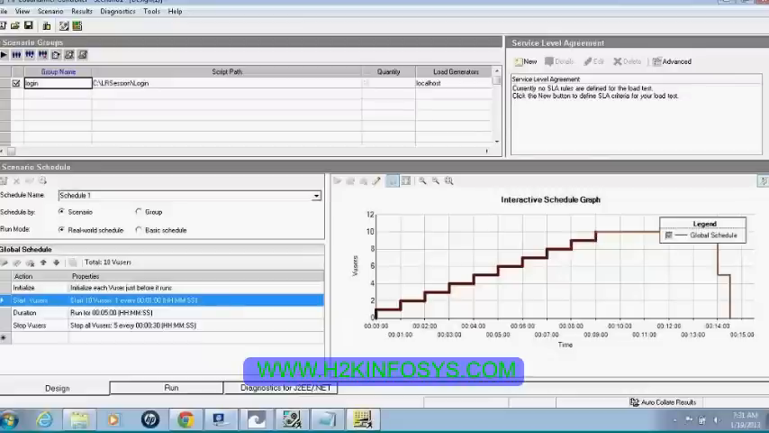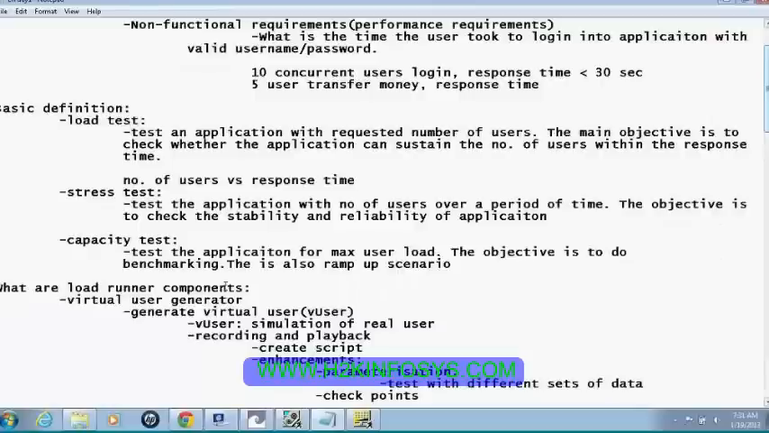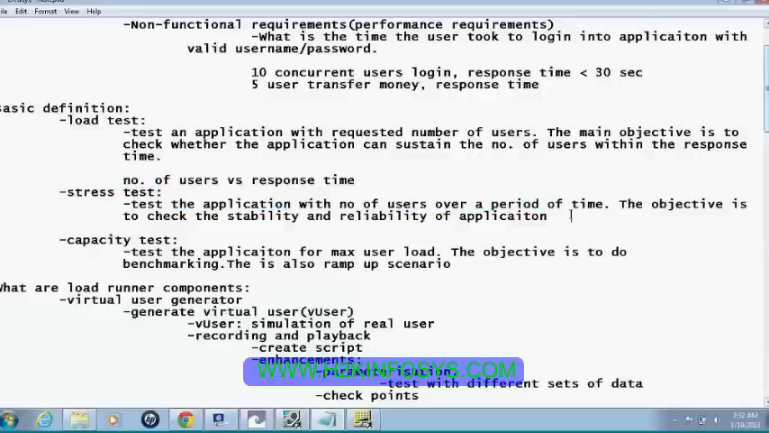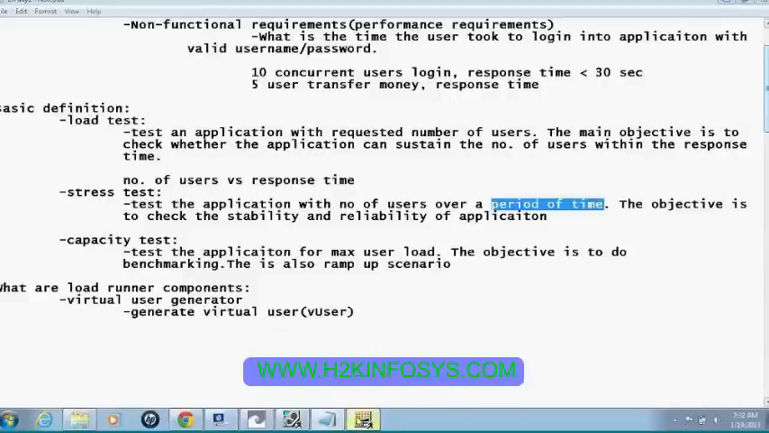Where is this ramp up scenario useful? When you do the capacity test. Because you want to gradually increase the load on the application and see where the application will break, where the application will crash. Right? That's a ramp up scenario. And also you have the stress test. That means you want to run the test for a period of time. I want to run this test for a specific period of time. That's where you're going to select